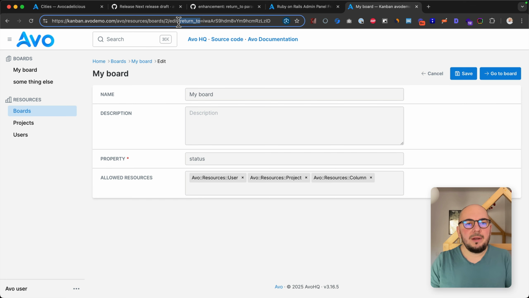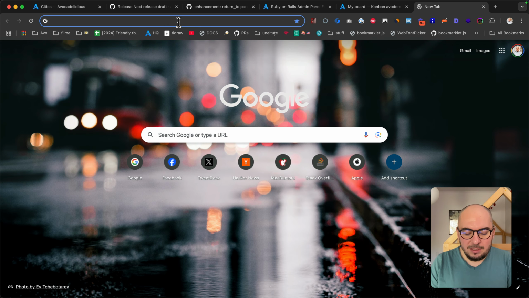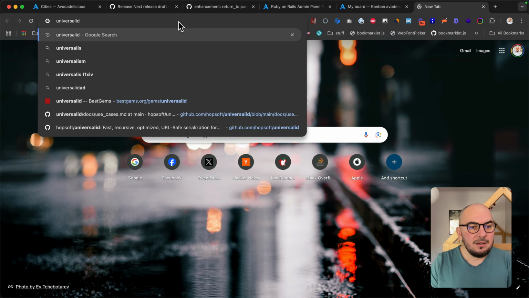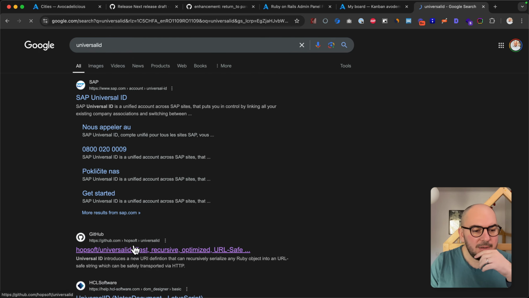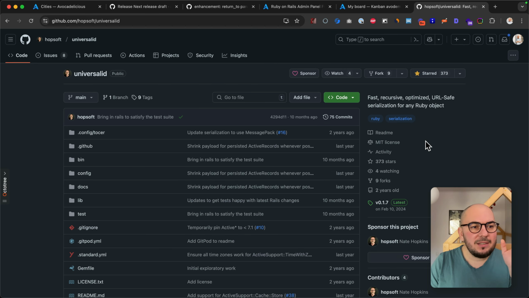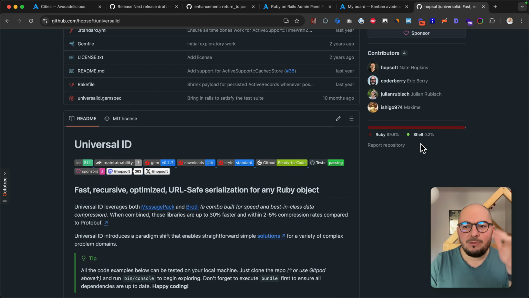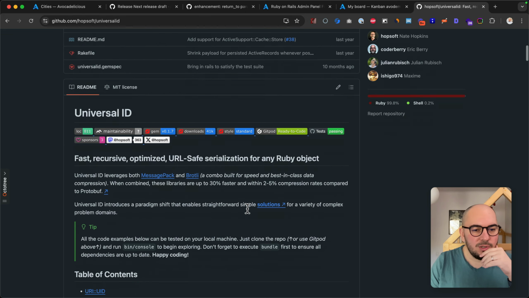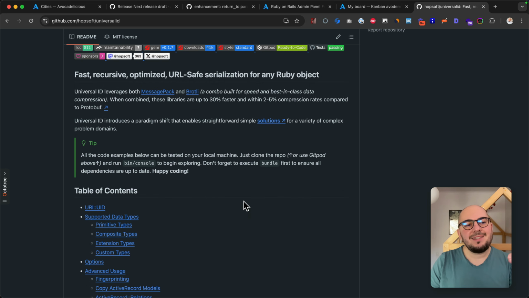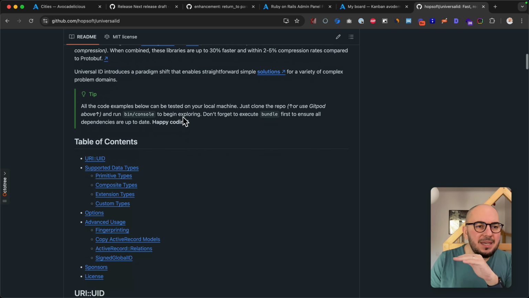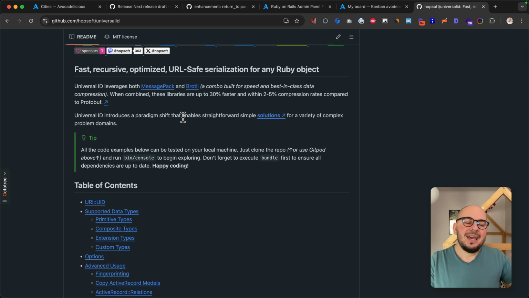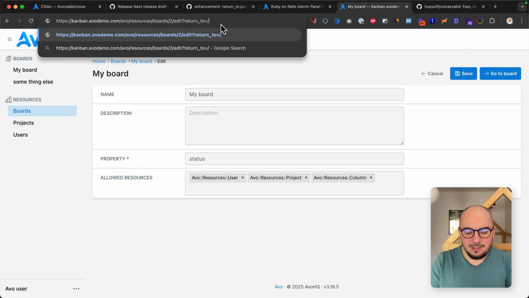This return to param, you'll see here, is a string, but it's an encoded string, and it's using a universal ID from HubSoft. It's from Nate Hopkins, which is an amazing gem. Nate is a great guy who does a lot of open source. It's super fast, very compressed. It's an amazing way to serialize any type of object into just a string. And we're doing this right now. So it can be something like